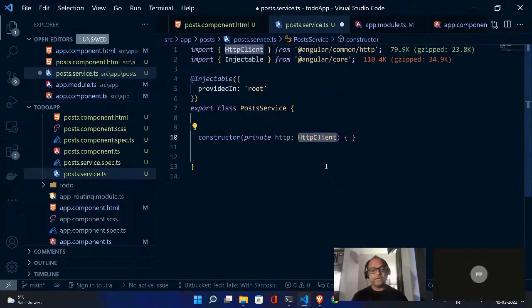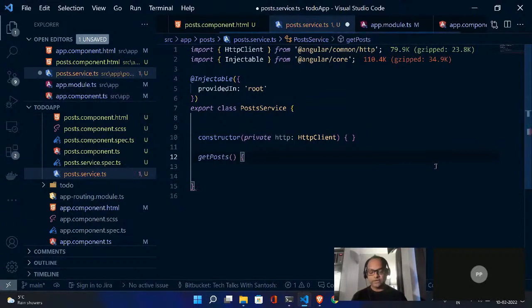So here, Angular will be responsible for making sure that I will be creating a new instance for you. You don't have to do anything. That's what Angular will be doing for us right now. So once a new instance is created, we can go ahead and utilize all the methods which are there.